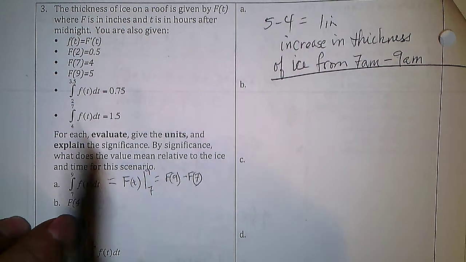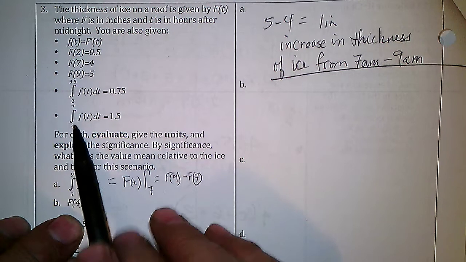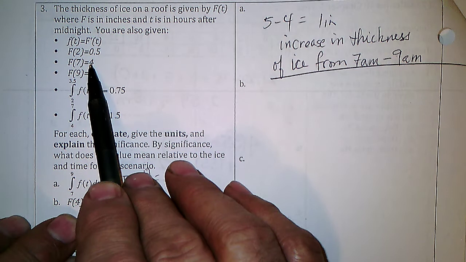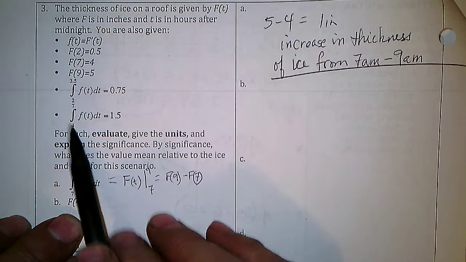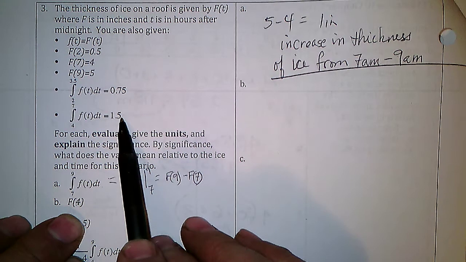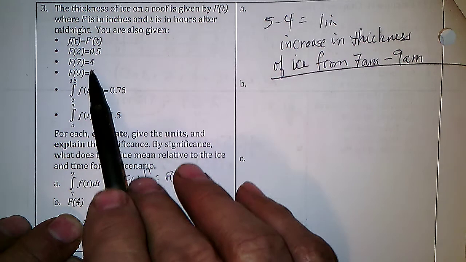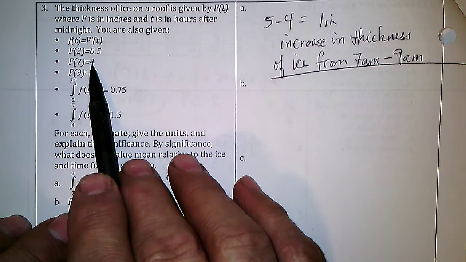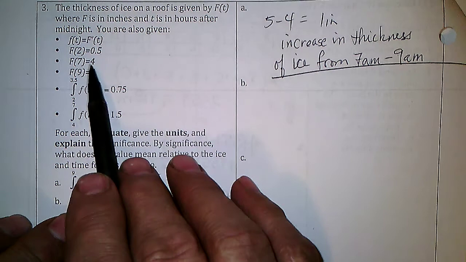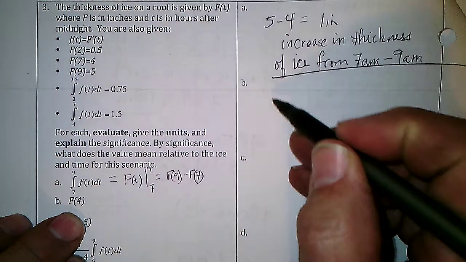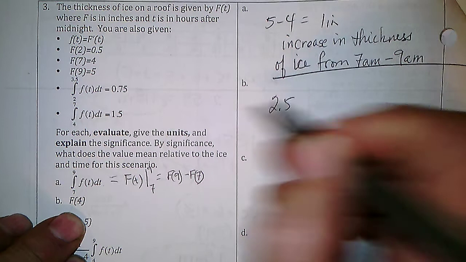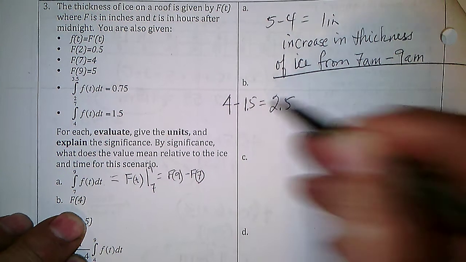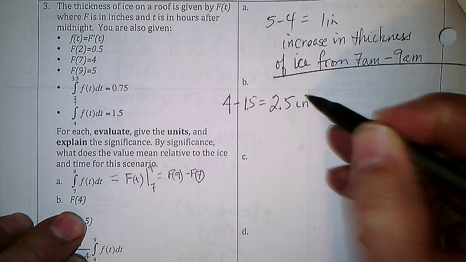At 7 a.m. it was 4 inches, and from 4 to 7 it went up by 1.5 inches. So if you go back that 1.5 inches to 4 a.m., it had to be 1.5 inches less than 4, so it's 2.5. To write it, I'd write 4 minus 1.5 is 2.5 inches thick